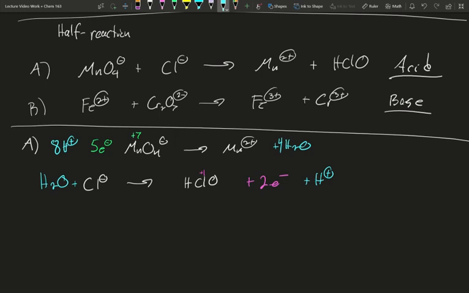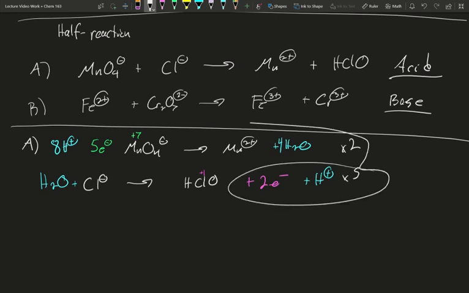My electrons between the 2 reactions are not, however. I have 5 and I have 2. Well, I can multiply the top one by the number of the bottom one. I can multiply the bottom one by the number of electrons in the top one. So I can times 2 on top and I can times 5 on bottom. That's going to give me 10 electrons on both of them. So I need to modify how much of each of these I have. This is going to come out at